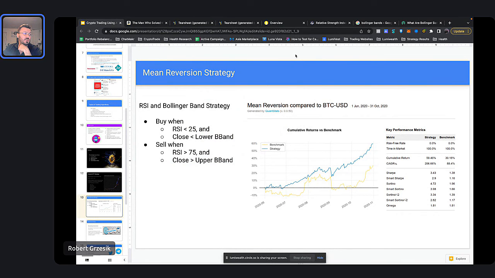Like I said, we teach you how to do all this technical analysis stuff. It's amazing how technical analysis actually does work pretty well for crypto. If you were to ask me this about stocks, I'd say this is kind of nonsense. But for crypto, you really do get some pretty good returns for some of these technical analysis things, right? Cool. So that's our mean reversion strategy. You see a little bit about that.